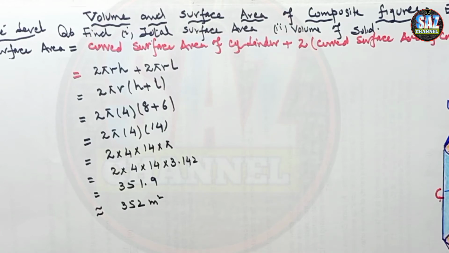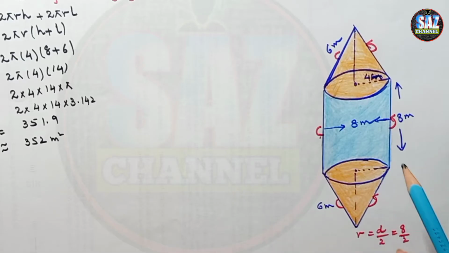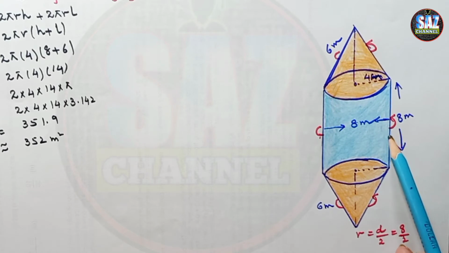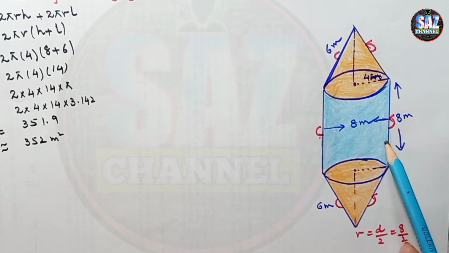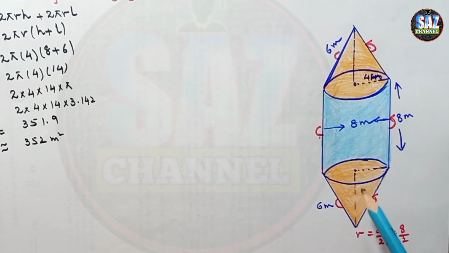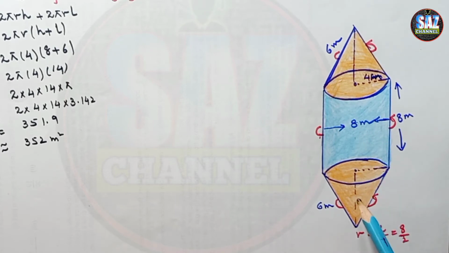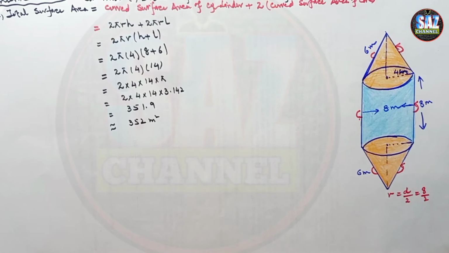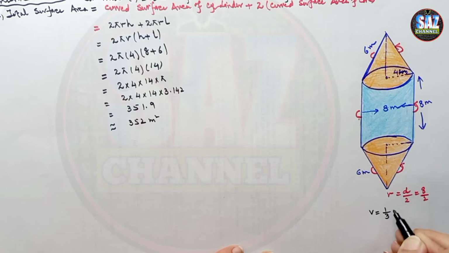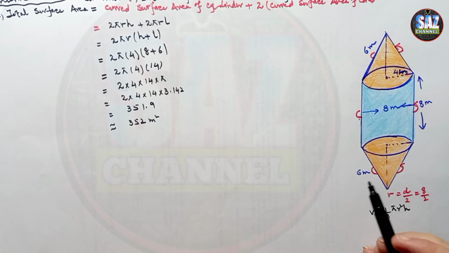calculation of total volume. And if we think about the total volume, we can see the shape consists of 3 solids, 1 is cylinder and 2 are cones, but the cones are identical, cones are similar one. So the volume of this solid will be equal to the volume of cylinder plus volume of 2 cones. Okay, formula for the volume of cone is volume of cone equals to 1 by 3 pi r square h. Okay, 6 is the slant height.